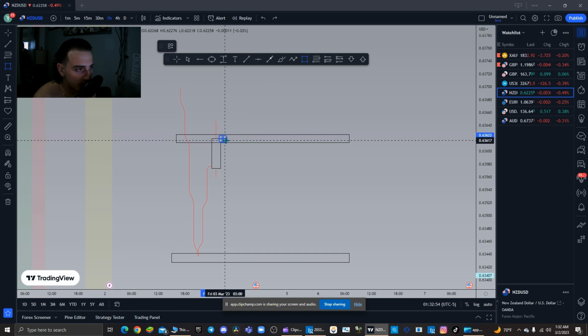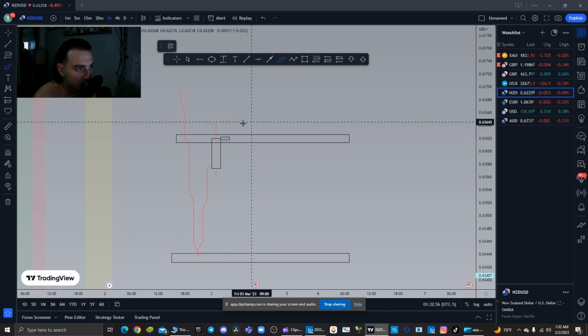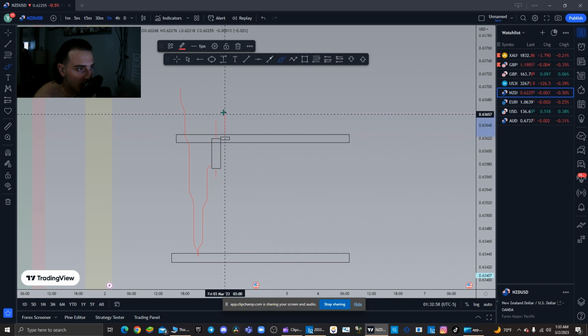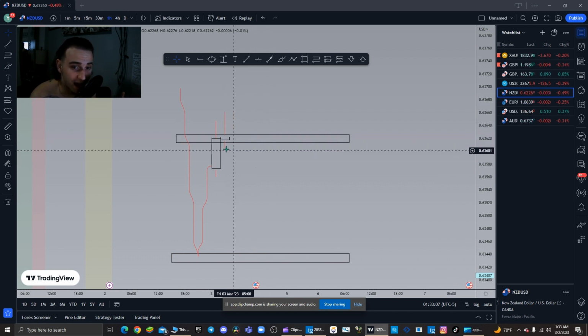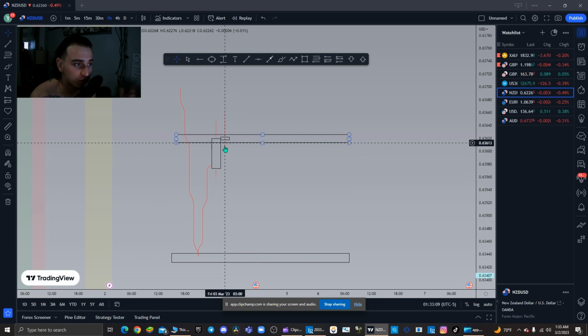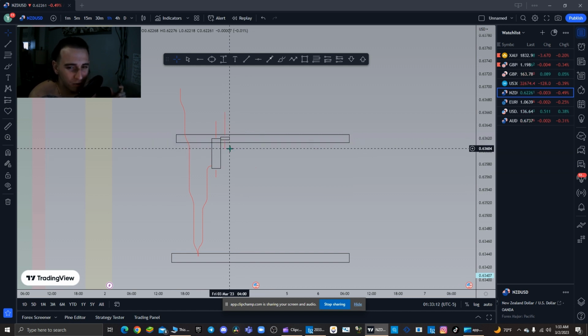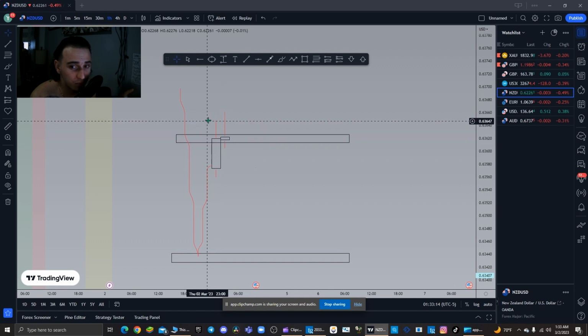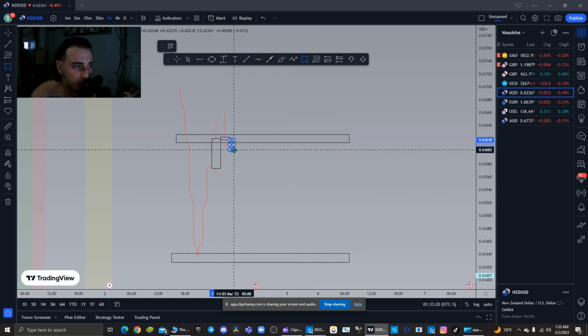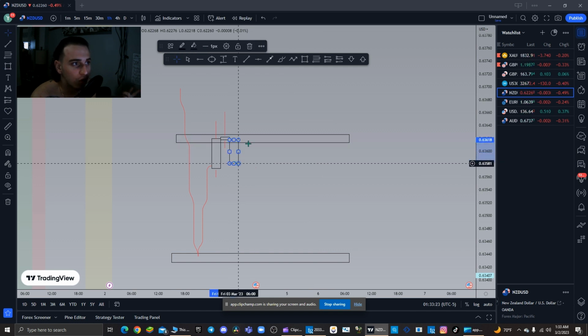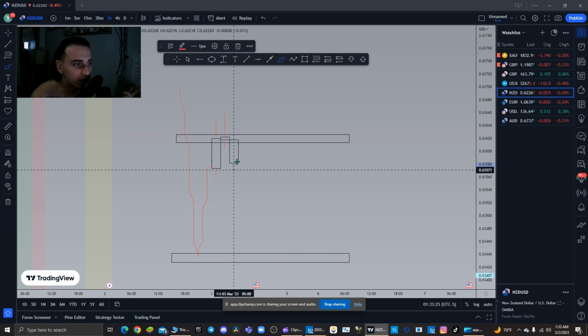See, this is what we want right here. Perfect. We want something closing like this, right? So it's telling you it's rejecting the upside, right? And there's no rejection to the downside. We got a small wick at the bottom and a big wick at the top. We did break the high, but we closed wick bearish. And what we want is the next candle, right? Breaking the previous low,